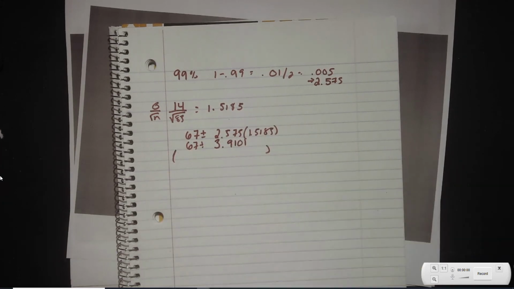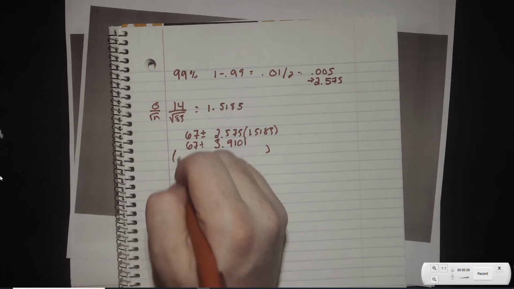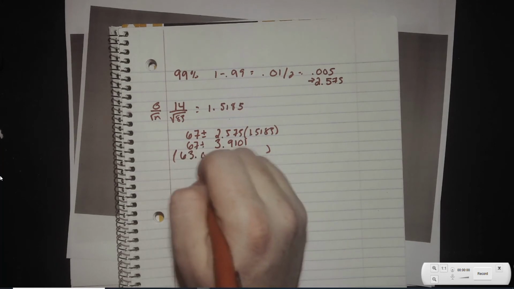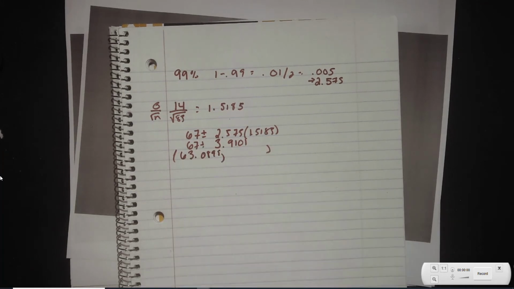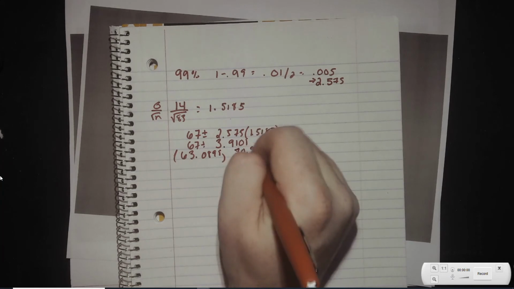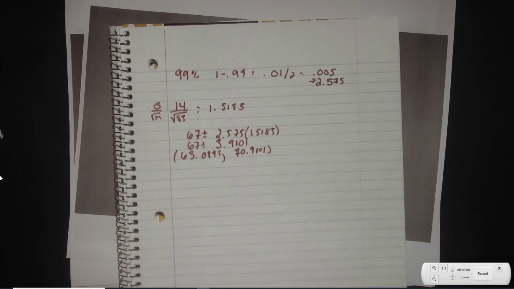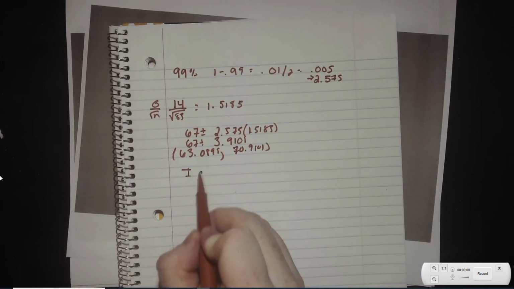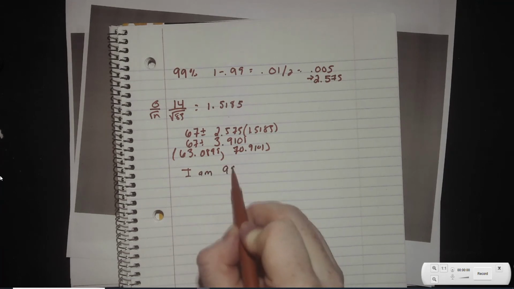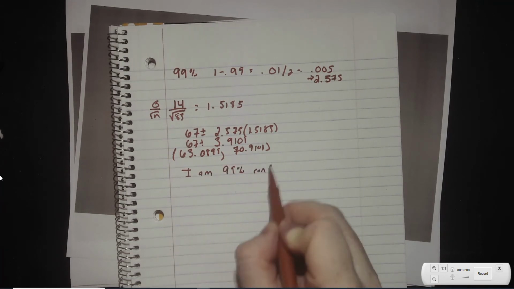And so if I add and subtract it, it gives me 63.0899 and $70.9101. Okay, and then so I am 99% confident